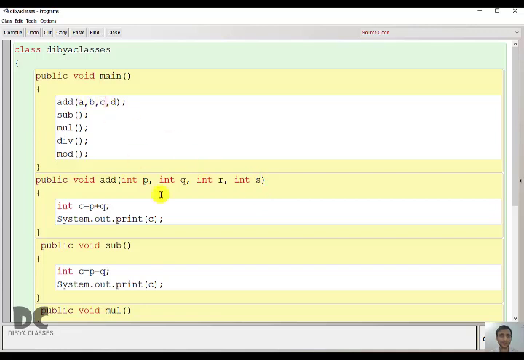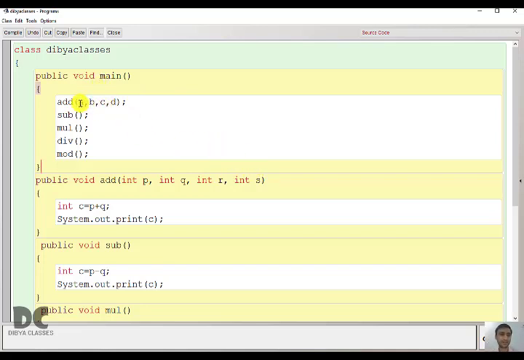So actually these variables and this variable will remain the same. But what will happen, we'll be studying in future classes. For now, write different variables. So here A will be stored in P, B will be stored in Q, C will be stored in R, and D will be stored in the variable S.